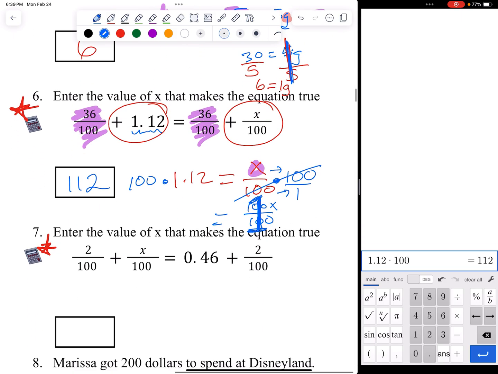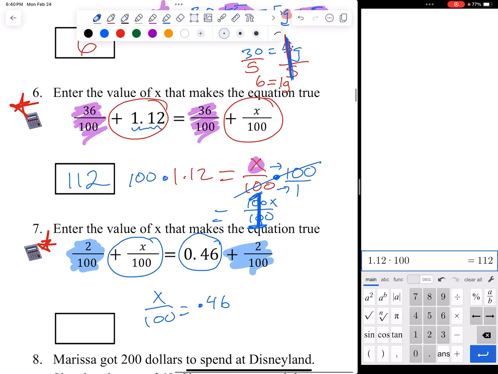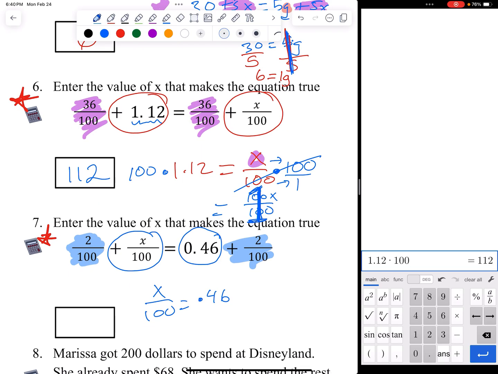All right, what about the next one? Let's see if we can see a pattern emerge after doing a bunch of these. Well, same deal. I see 2 over 100 and 2 over 100. So therefore, I can say that this one is the same as this one. And in one of my other videos, I kind of did it the other way, where I was like, you know what, instead of multiplying both sides by 100, because that's how I can get rid of the divide by 100, I told you that the 46,